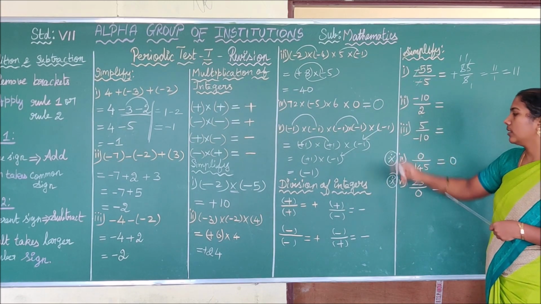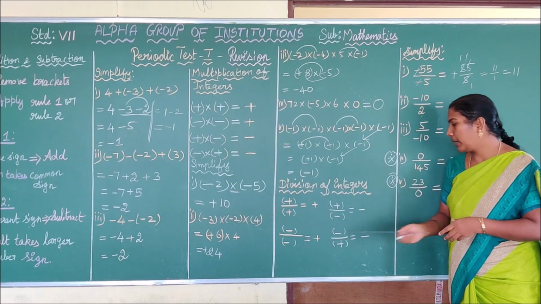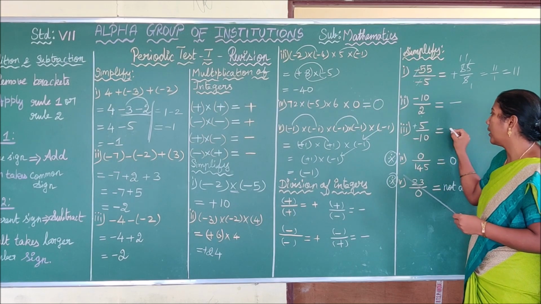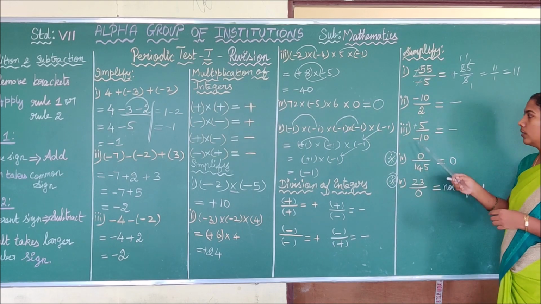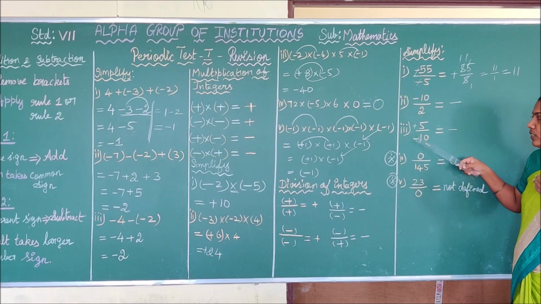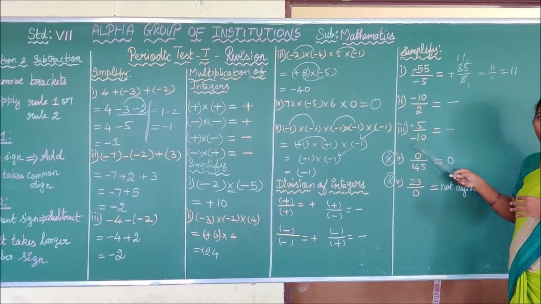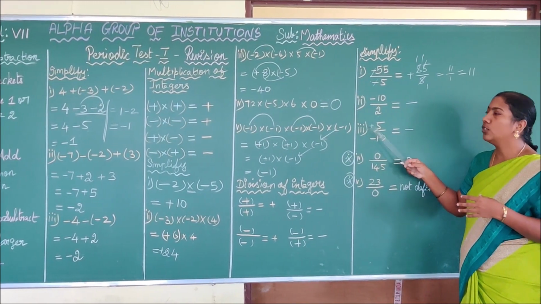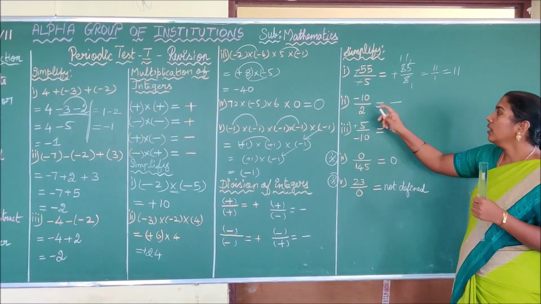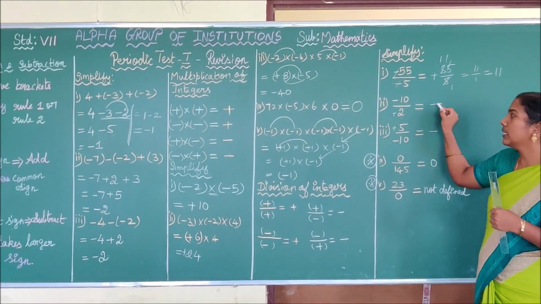Minus 10 by 2. As per the division rule, plus by minus is minus. Minus by plus is minus. So for this sum also, you have the numerator plus and denominator minus. So you have the minus. Okay. If you have the plus in numerator and minus in denominator means you have to shift this minus to the numerator. Okay. Is it clear, children? If you have the negative symbol in the denominator and positive symbol in the numerator means you have to shift this negative symbol to the numerator. Okay. See here. Minus 10 by 2, I already wrote the symbol, minus by plus is minus.